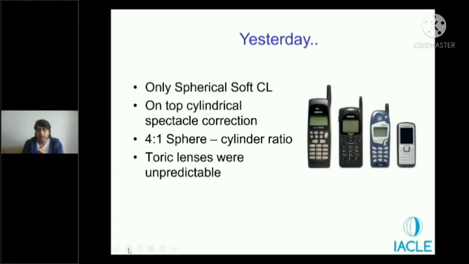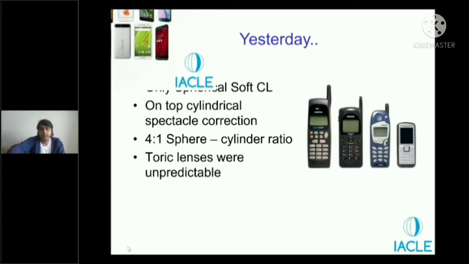when they became available, they were not very predictable. They were very thick, and two lenses of the same power did not behave in the same way. So that was a bit of a problem. Also, because toric prescriptions were not routinely available in contact lenses, many times a 4:1 spherocylindrical ratio was applied. What it means is, if you have 4 diopter of spherical and 1 diopter of cylinder, you use spherical equivalent, which is, let us say, 4.5 diopter, and that would work reasonably well. That was an assumption, and most people applied this routinely because that was the only choice.